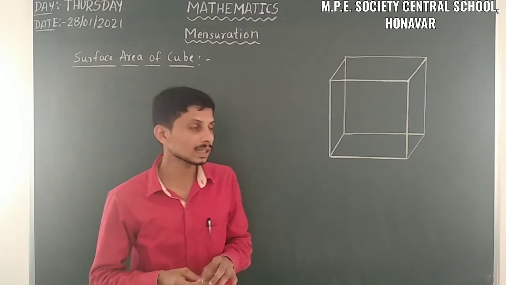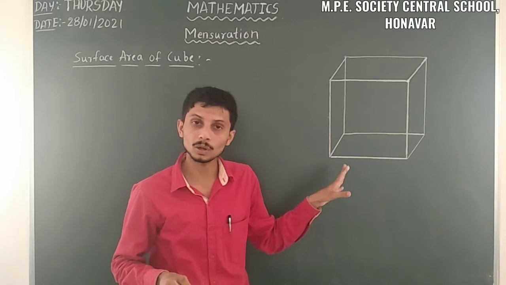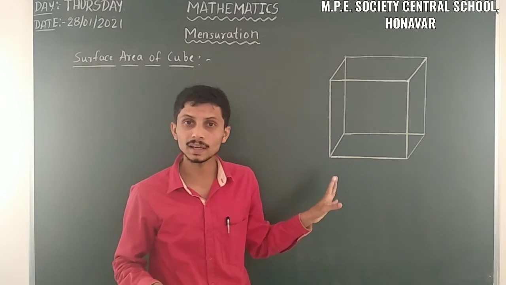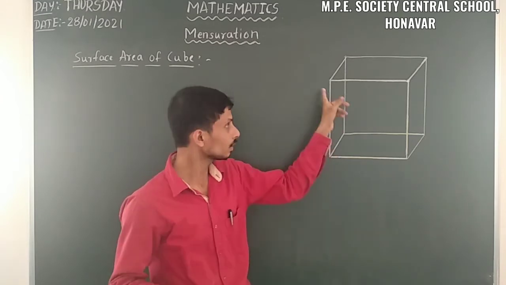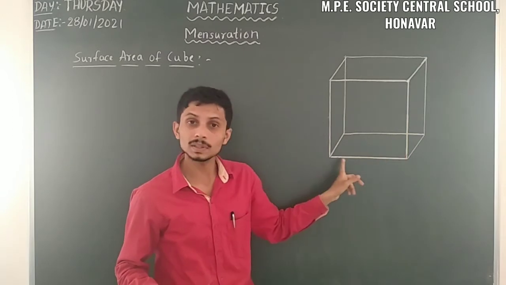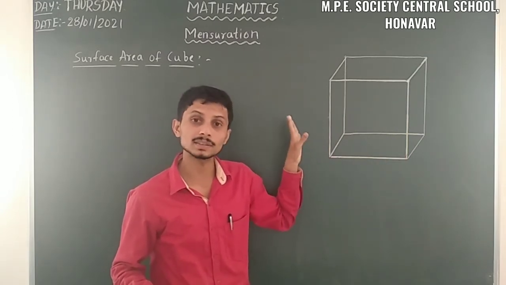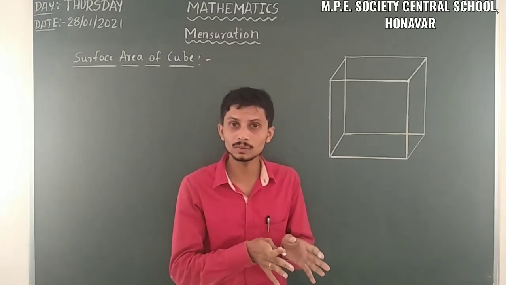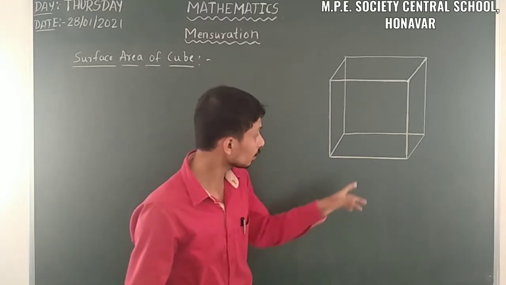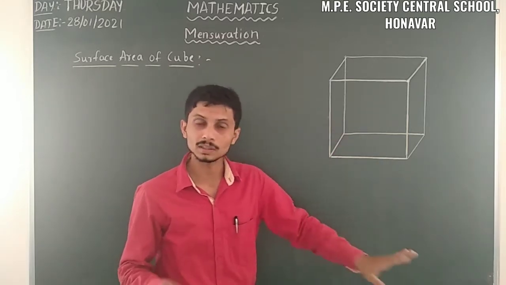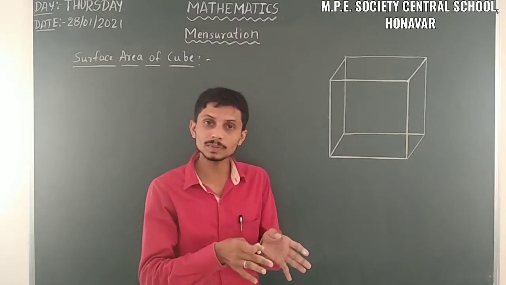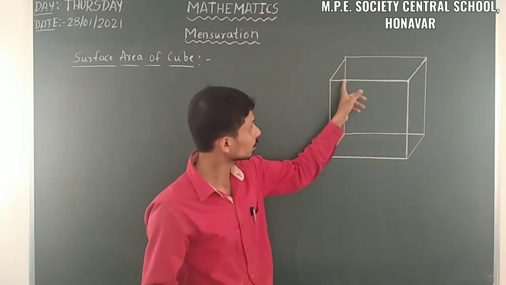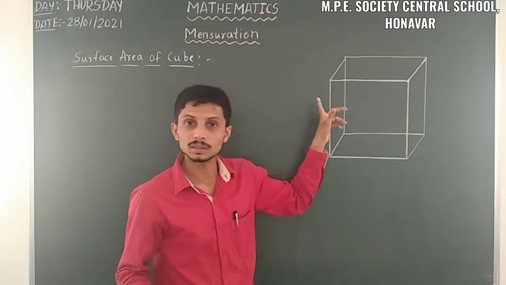So how can we take that? Just observe, the property of a square tells us that all the sides are equal, we already know that. So here the square is one of the special kinds of rectangle. The area of a rectangle is length into breadth. Here the length and breadth are both the same, so if we take one of the sides as a, then a into a is the square. So when we take the area of each face,